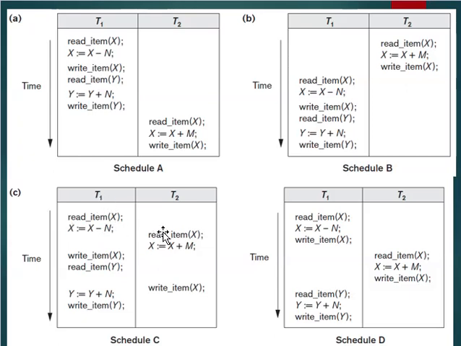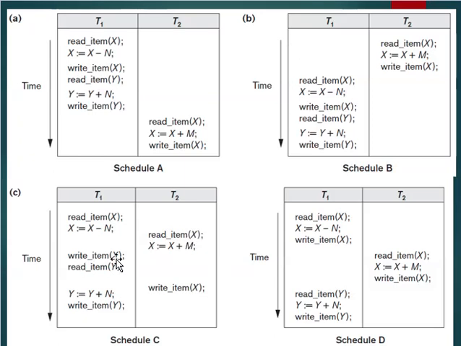Next we need to check whether read item of X in T2 conflicts with anything else. The next operation executing is write item of X in T1. Here one is a write and the other is a read, and they exist in different transactions. So there is a conflict between read item of X in T2 and write item of X in T1.